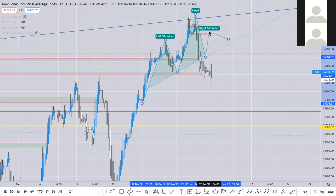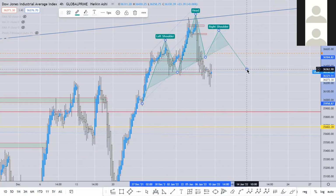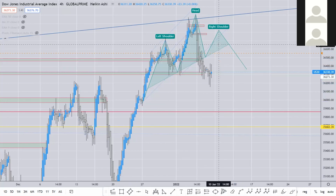Now, according to what Tyler just went over, we should expect something to climb probably somewhere up here at some point. Maybe not all the way to the 37,000 level, but somewhere close. And then we just fall for the pips. Pips, pips, pips, and more pips. But the deal is, as we get this out of here real quick,